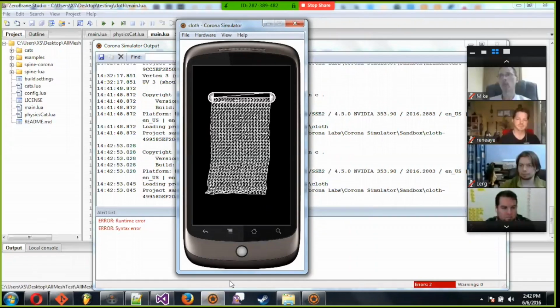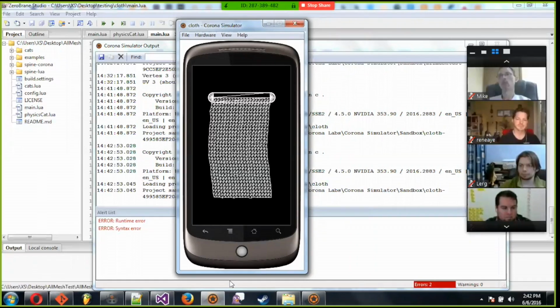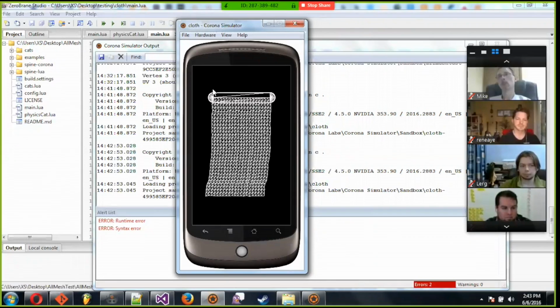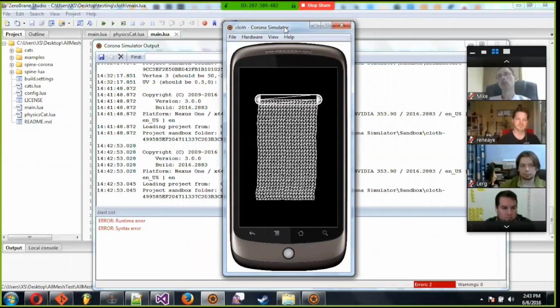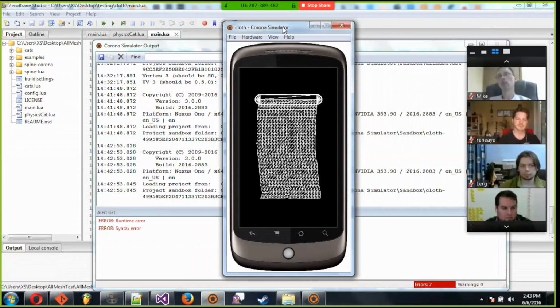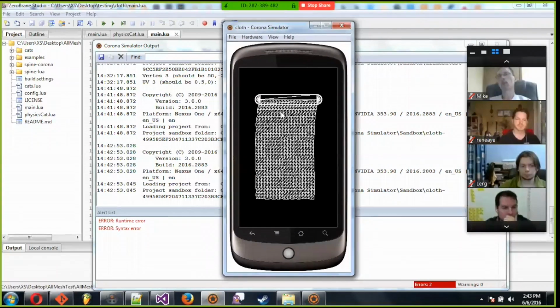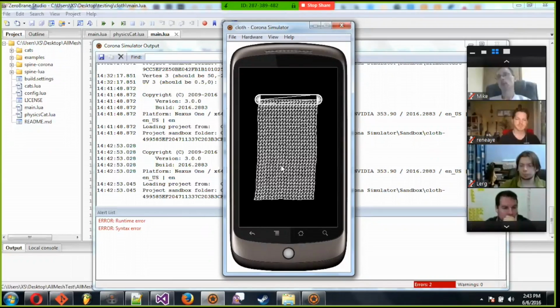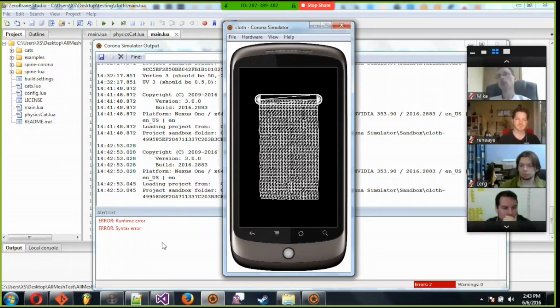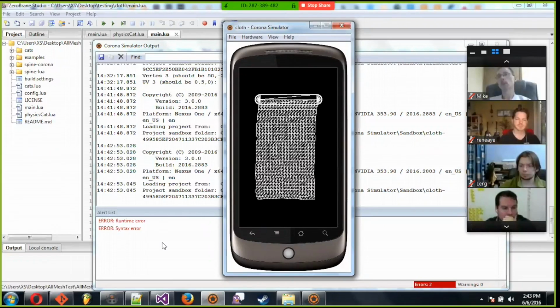So Stephen, you're showing us there what, a piece of cloth? Yep. It's meant to emulate cloth. It's using physics to tie all the points together, and they're just bouncing around under distance constraints.